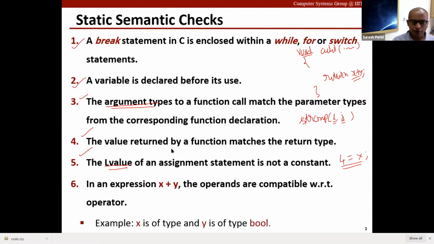And finally, if you consider programs, primarily our programs do a lot of computation. And if you consider an expression such as x plus y, the operands of this expression, like x and y, with respect to the operator plus, they should be compatible with each other. For example, if x is of type integer, sorry, I didn't write here, x is of type integer and y is of type bool, and maybe we cannot perform an addition operation between integer and bool,